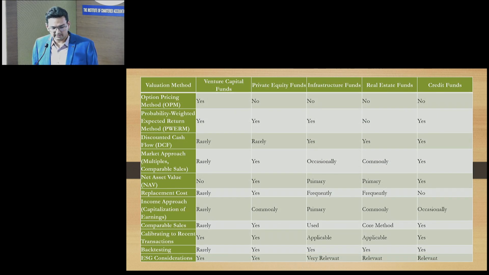Okay, so if we speak on the methodologies, I have just adopted 5 categories of funds, to see which method may be suitable to use. So when it comes to venture capital, the option pricing method can be used, yes. Probability weighted expected return method, yes. DCF, so venture capital companies can definitely use DCF, but on grounds, it is allowed in IPV guidelines,